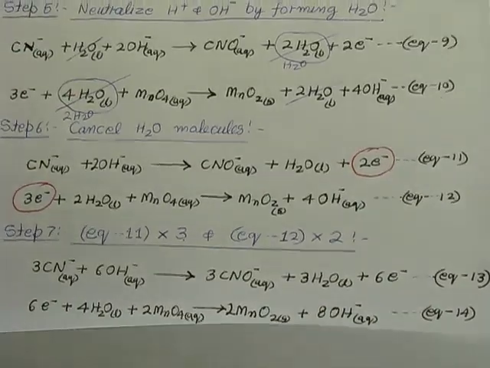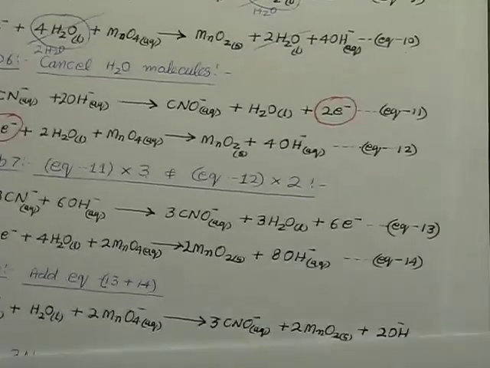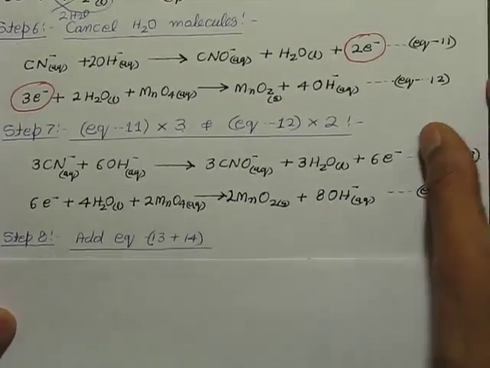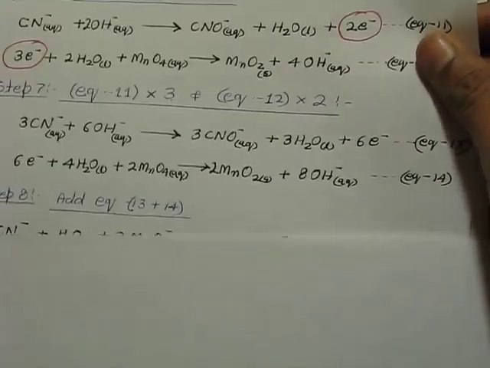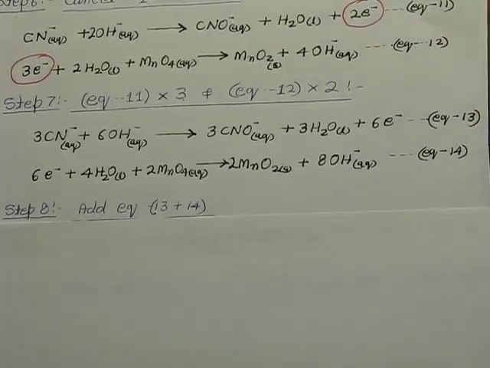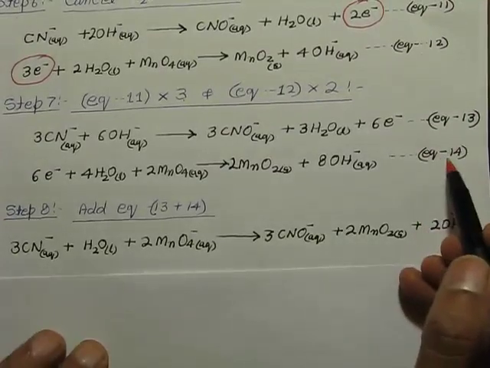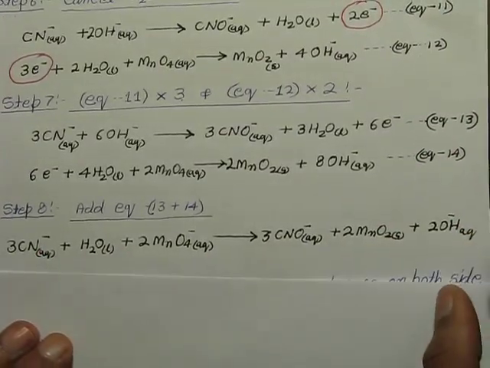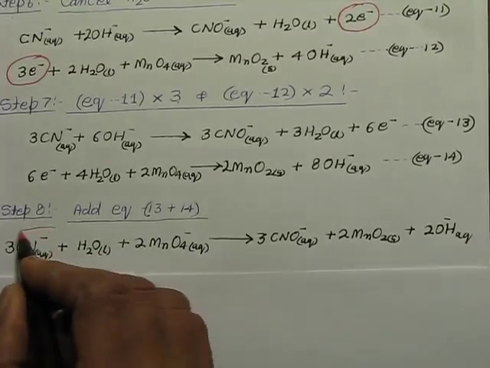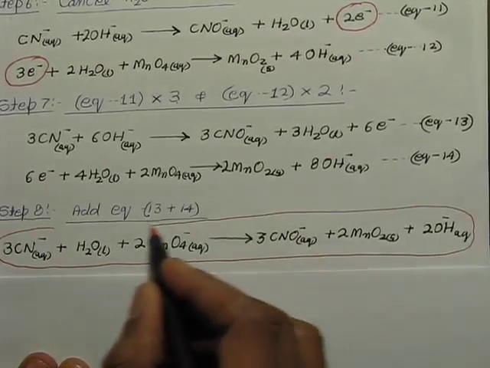So what we have to do at the end, we have to add equation number 13 and 14. So almost everything is balanced, charges are balanced, atoms are balanced, water molecules are neutralized and cancelled. So once you add equation number 13 and 14, you will get this new equation, which will be our final equation. This will be our balanced equation in the basic